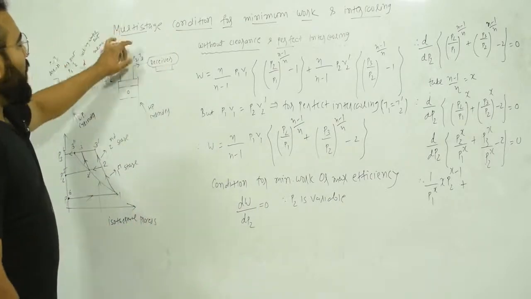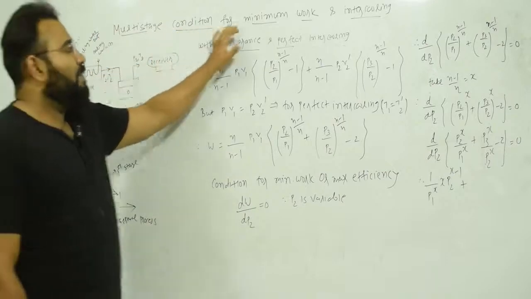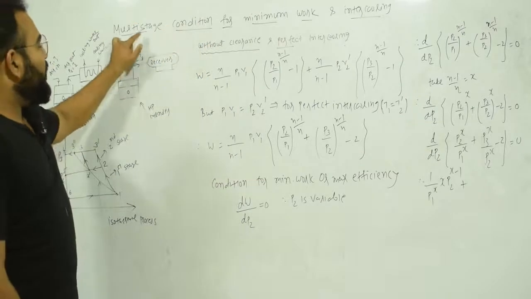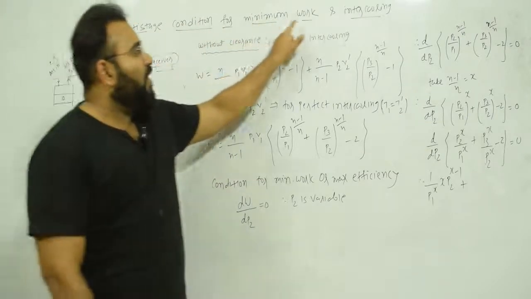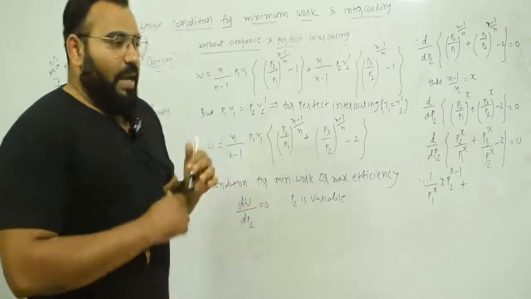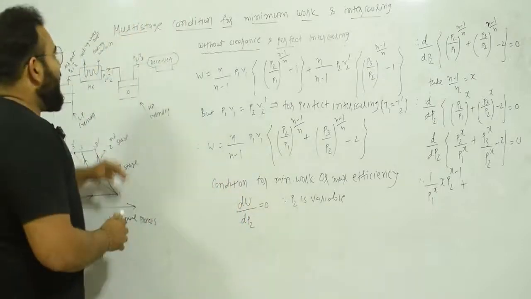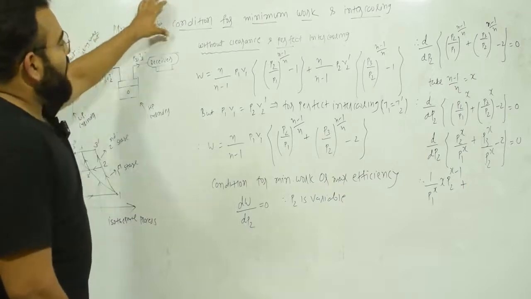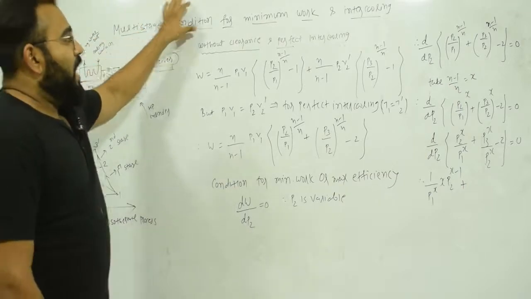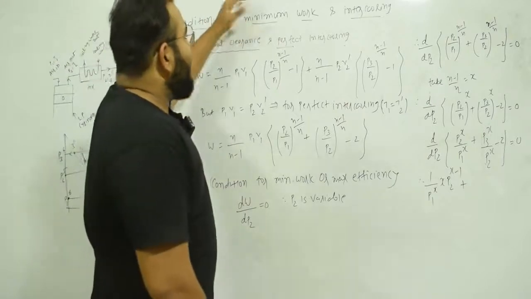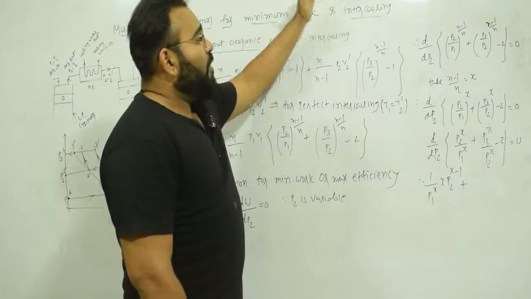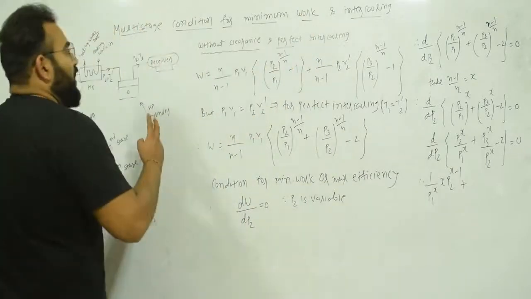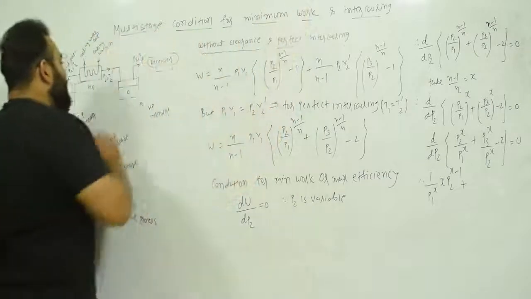So now we are going to take multi-stage condition for minimum work and intercooling, for reciprocating compressor. So the theory is multi-stage condition for minimum work and intercooling. In exams they ask, explain multi-stage compression in reciprocating compressor, and also they will ask you to derive minimum work when perfect intercooling or imperfect intercooling is done. So now we have to understand two terms, what is intercooling and what is multi-stage compression.